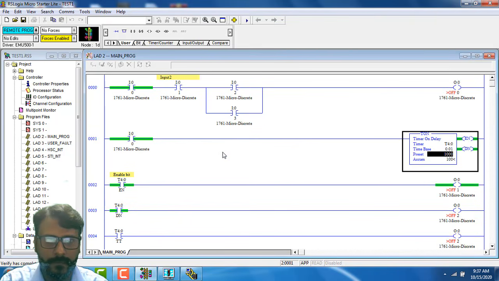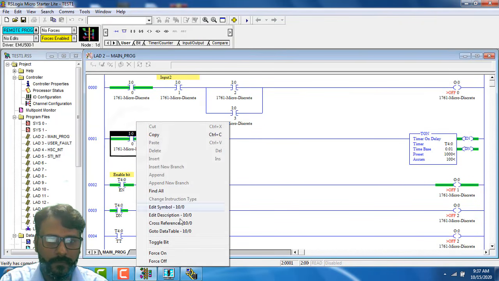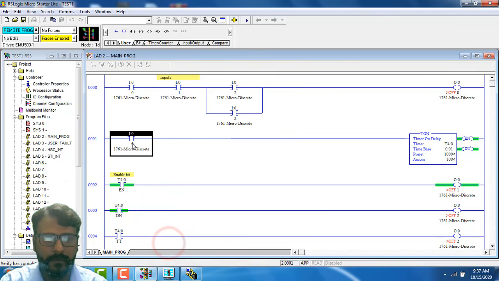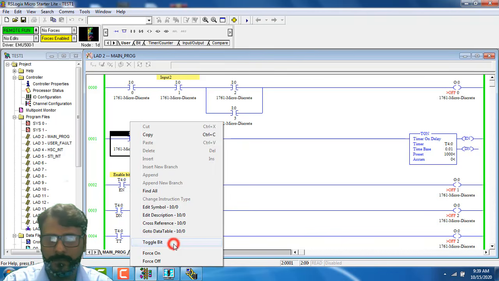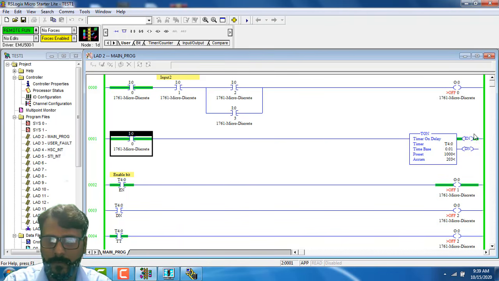Okay, now I will off this one. Okay, you can see here this one, you can see timer is run, and this is the enable. Only your enable input will on, and your TT, this is the opposite of the DN one. When your timer is complete, your done bit is on and your timer is